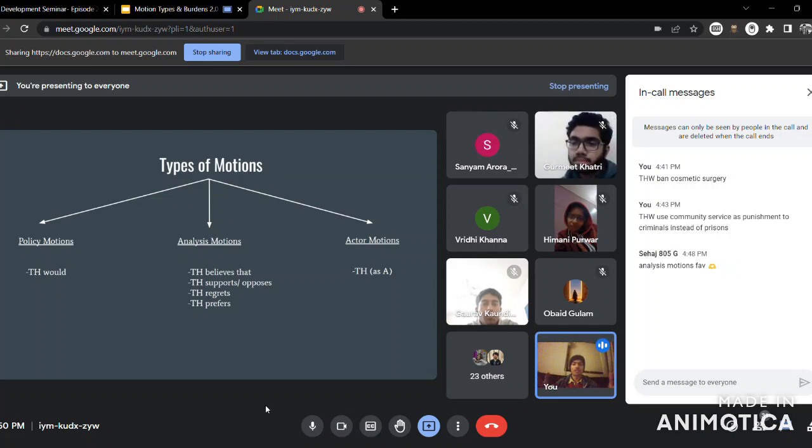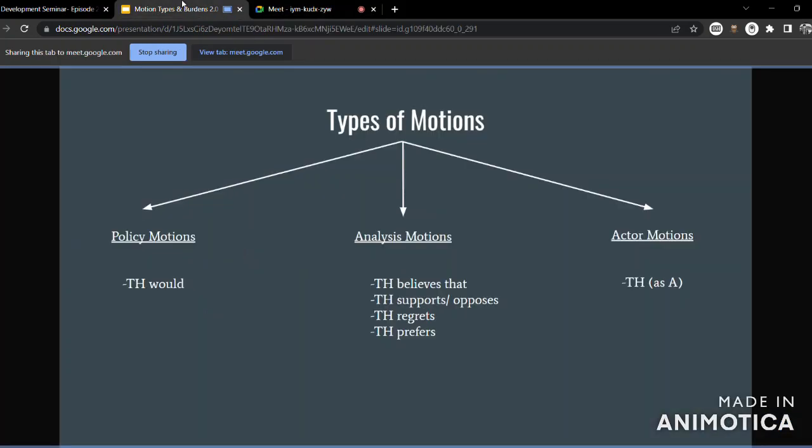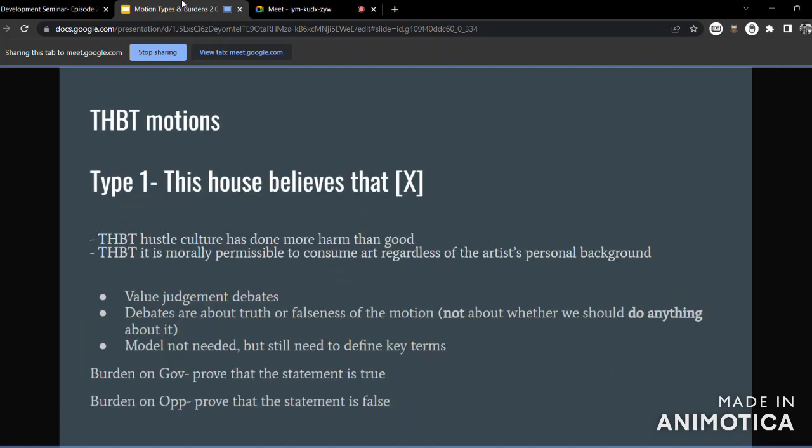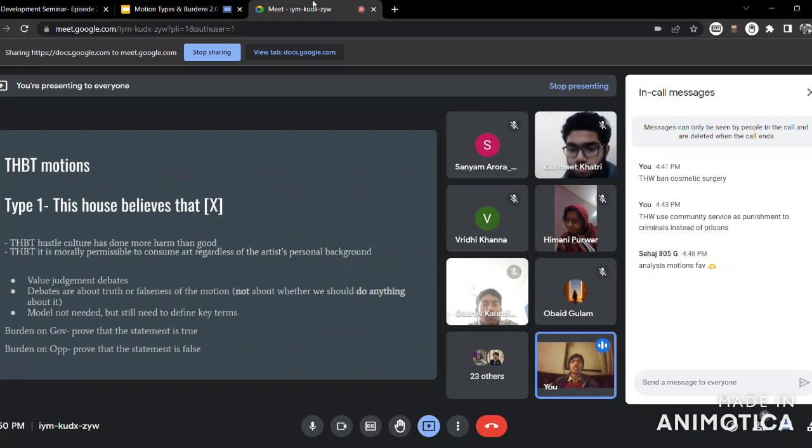This is a theoretical session, which is why it might seem like I'm info dumping on you, but it's just the first time and you'll get the hang of it in a few days. It'll become your second nature and habit that you see a particular type of motion and your brain instantly clicks, okay, in this motion I have to do this, and then you'll further think in that particular way. So don't be intimidated by the amount of content that there is. Cool, let's talk about analysis motions.